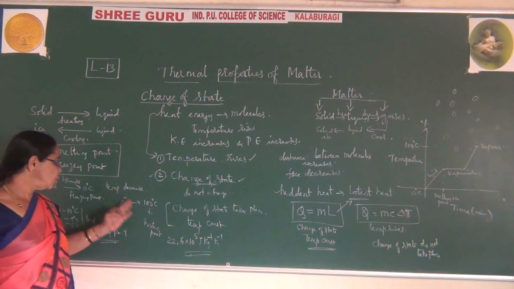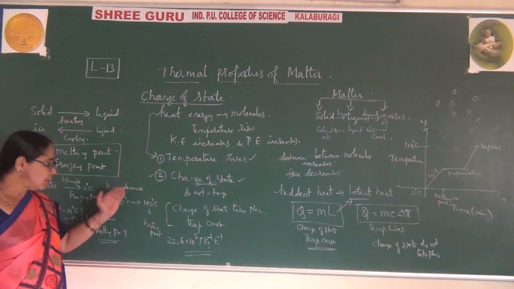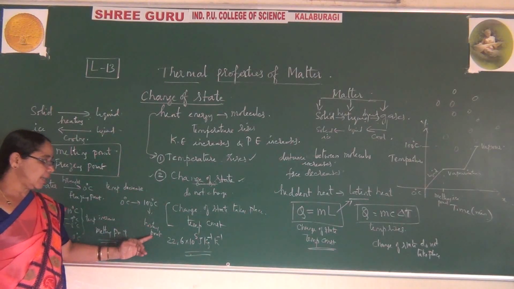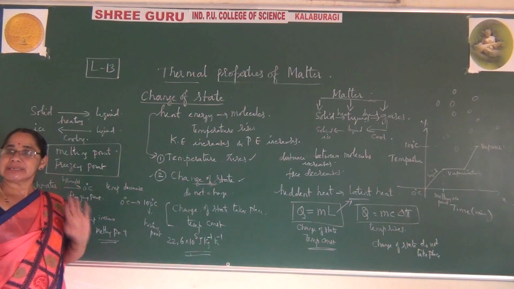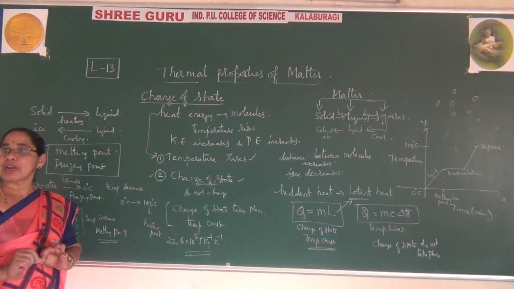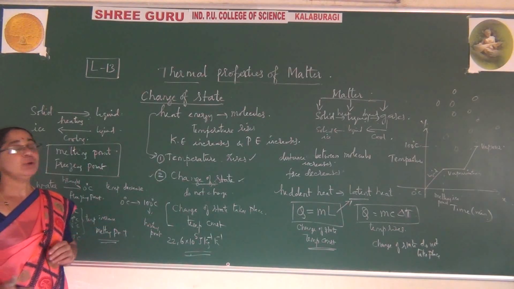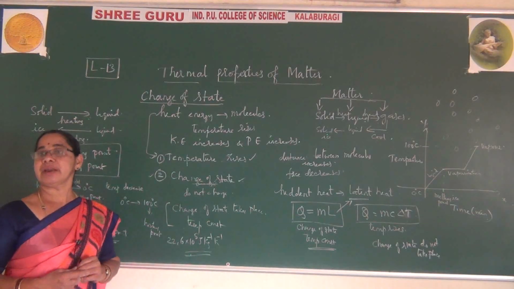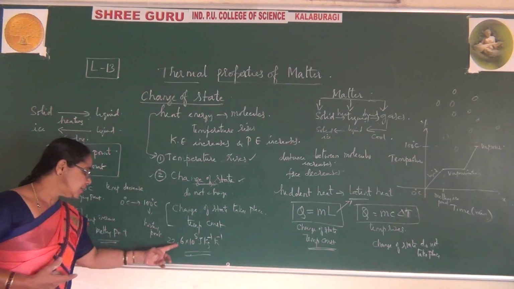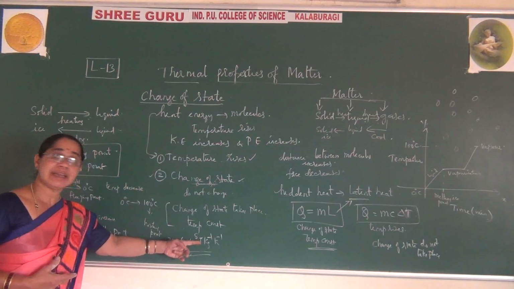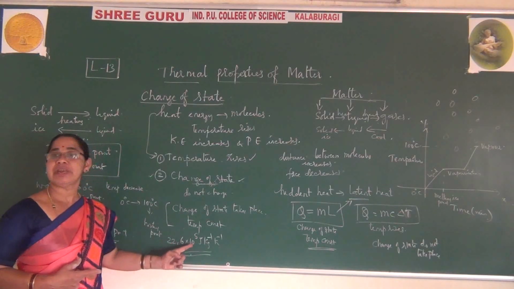Again, from 0 to 100 degrees centigrade, you can observe the water has been raised from 0 to 100 degrees and has reached the boiling point. Once it reaches boiling point, it has reached the vapor state. At that time you can observe it has changed completely into steam. So be aware, it already has more energy, in joules per kg per Kelvin. For 1 kg of water, this much amount of heat is there.